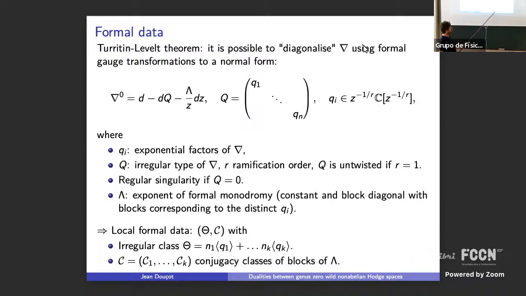To save time, I didn't explain what I mean by wild non-abelian Hodge spaces. There is this non-abelian Hodge correspondence where you can view objects on three sides, the Dolbeault side, the de Rham side, and the Betti side, and there are isomorphisms between them. You expect that the general philosophy is that this whole structure is common, coming from the different sides.